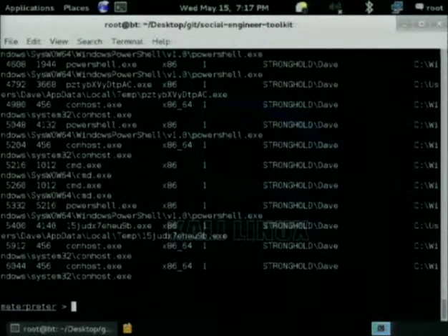So if I type in PS, you can see here that Stronghold Dave is the guy that I want to be. So notice here, Stronghold Dave. I look over here. Here's my process ID, 5048. To become Dave now,